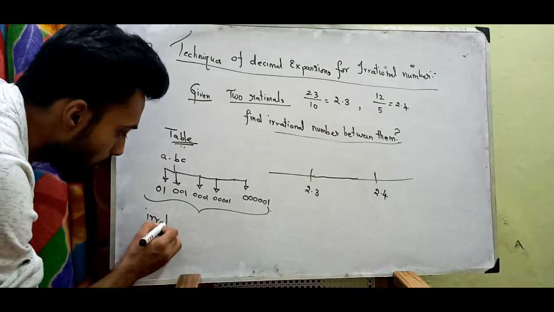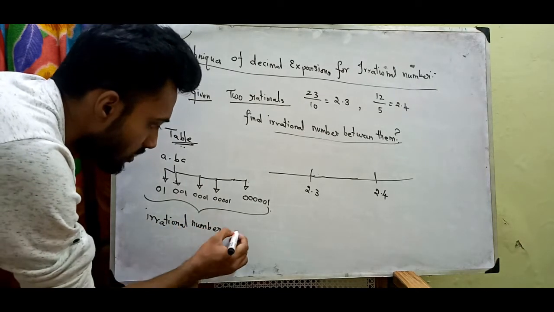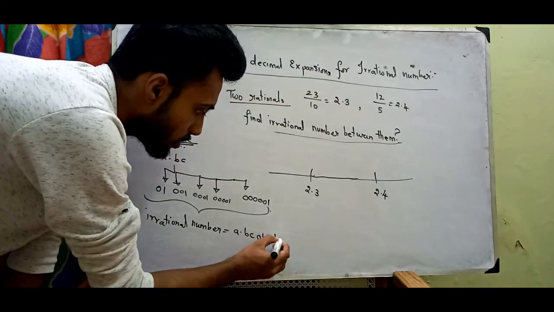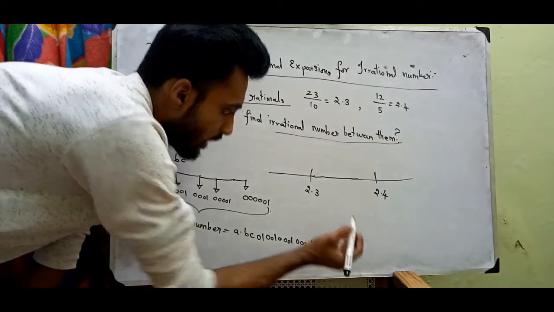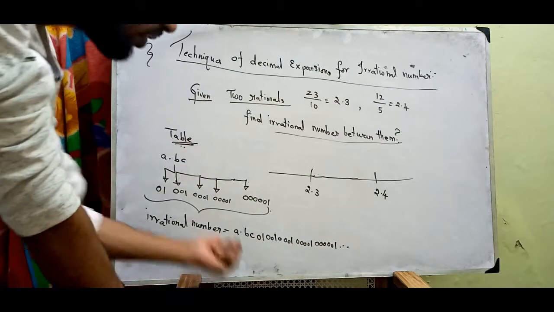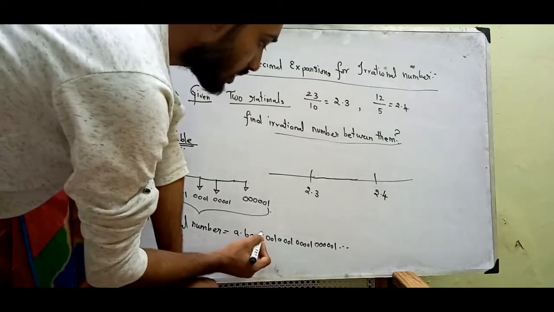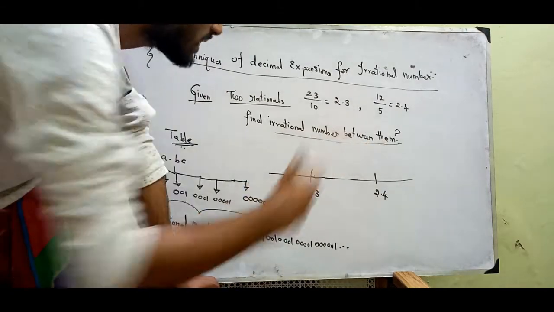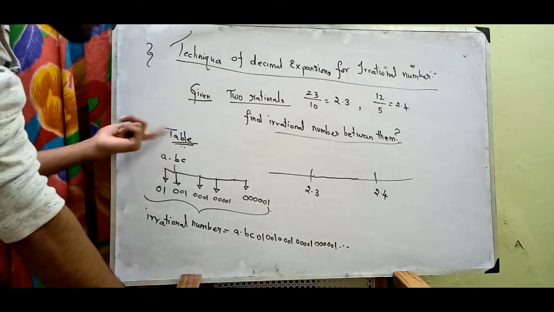So the irrational number will be like A point B C, and after C you write 01, 001, 0001, 00001, and so on. In this way you can write it. Clearly this number is non-terminating and non-recurring, because nothing repeats here. After 100, here 1000, here 10,000, here lakh, it keeps extending like that. Got it? Are you getting my points?